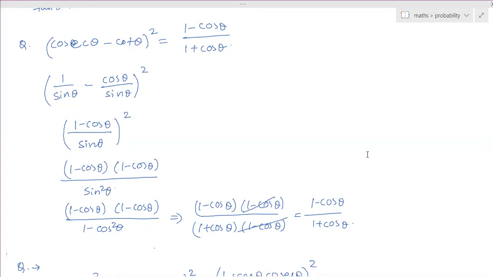It cannot be done both ways. There are specific questions which have to be started from the RHS to get the LHS, or both you have to solve separately. Ma'am, for this question I solved the RHS. So for rationalizing, you can do it. Exactly the same, the opposite way you will get. Yes, ma'am, I got it equal to sec A minus tan A whole square. Ma'am, so for this question, if we solve on both sides, we will not get marks? You lose marks. Some marks you lose. Okay.